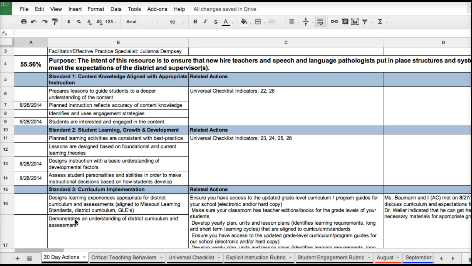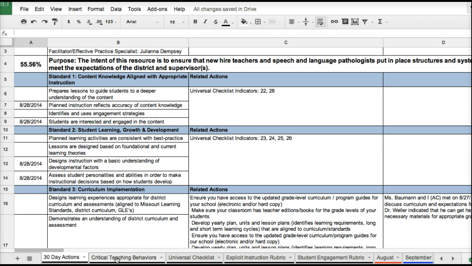For those of you who are in years 2 and 3, these are definitely things that you did when you were in year 1, but while I'm talking about this page, you can look away from the screen because you've already done this. When I come in to visit your classroom, you'll notice that I will put dates in this column to the left related to if I see evidence that that indicator is in place. If it's not in place, that's okay. Don't worry about it. We will definitely get to it.